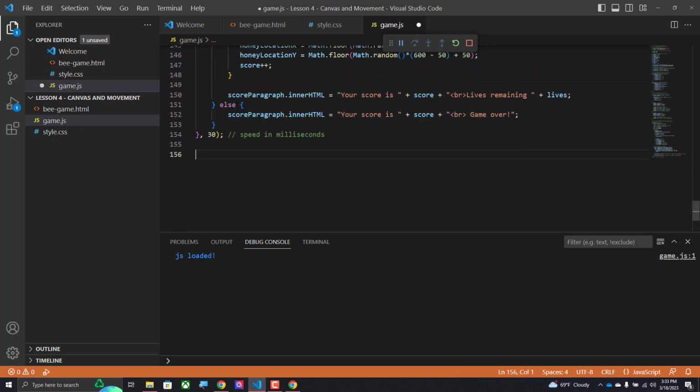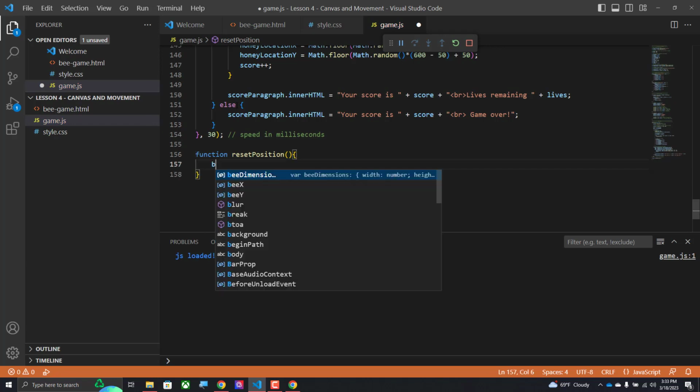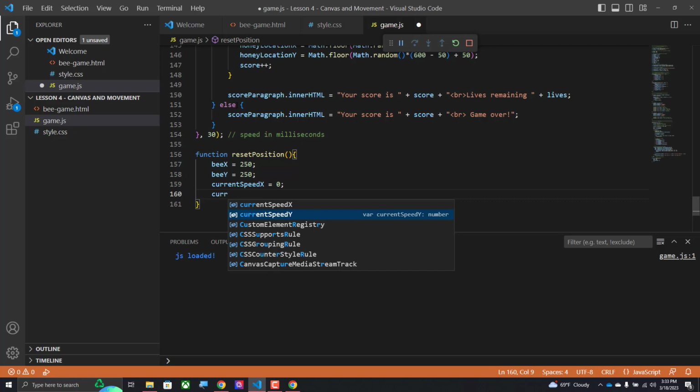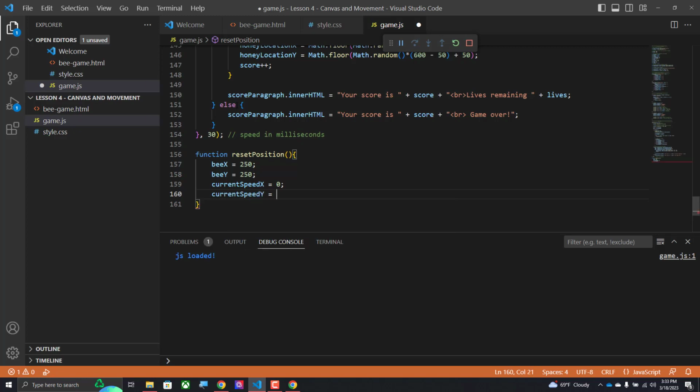So I'm just going to go over here and type in function resetPosition(), open curly bracket, close curly bracket. bx = 250; by = 250; currentSpeedX = 0. That's going to reset the speed. Otherwise, it'll carry the speed over after it hits the side. currentSpeedY = 0;